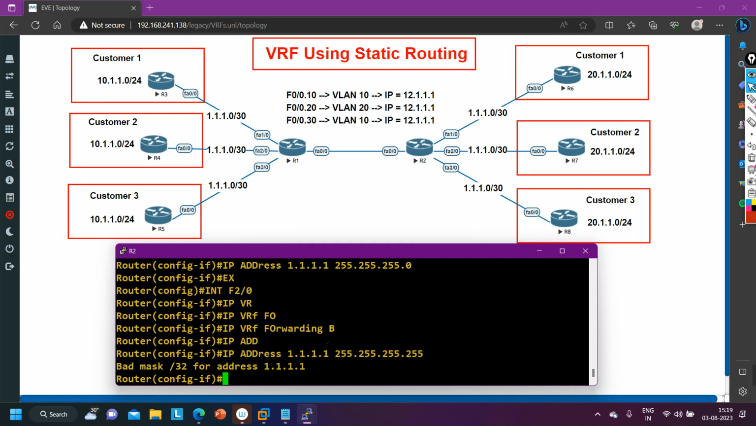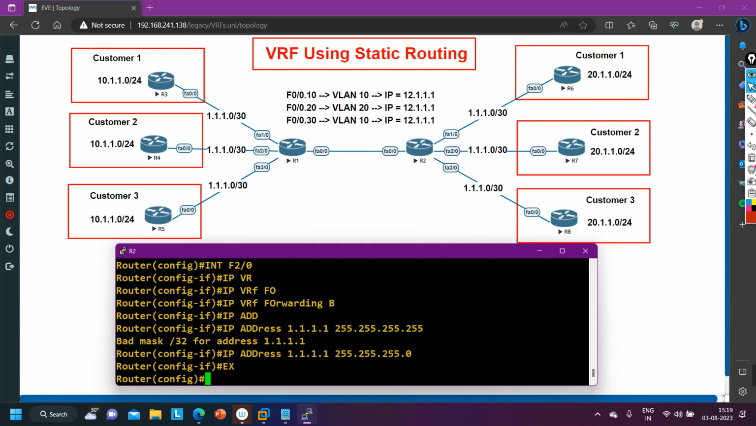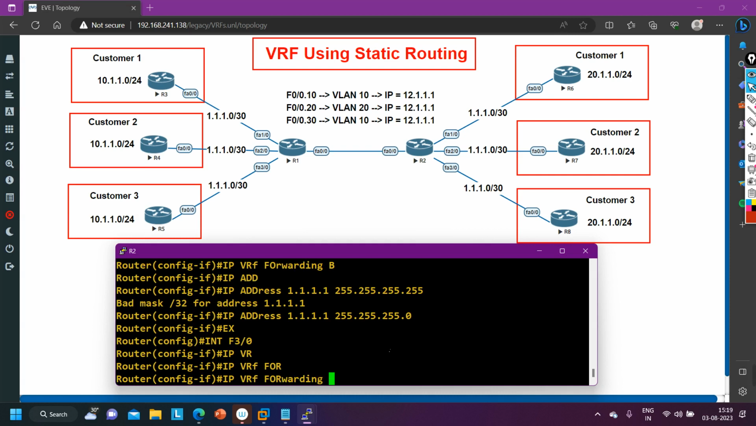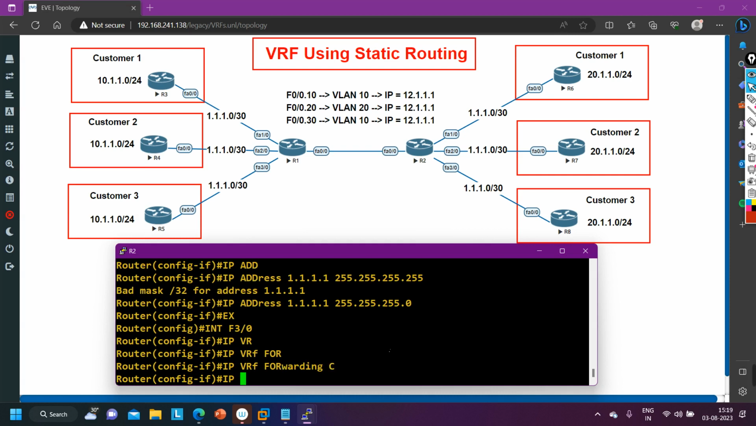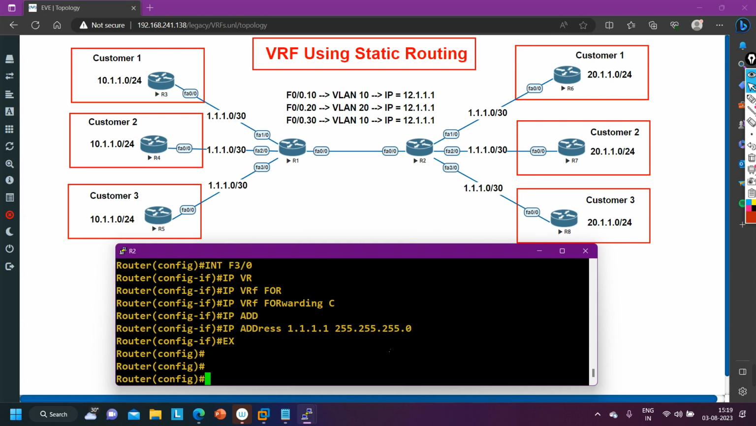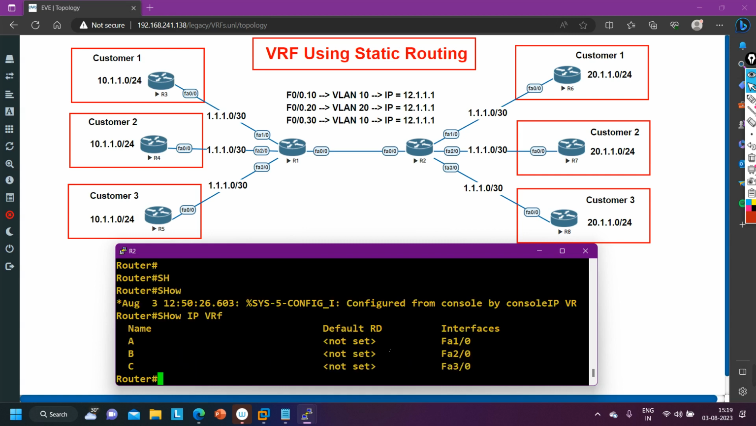So it's saying bad subnet mask 255.255.255.0. Okay, then interface f3/0, IP VRF forwarding C and IP address is 1.1.1.1 255.255.255.0. Okay, so now if you verify VRF, so IP VRF, you can see I have one interface in